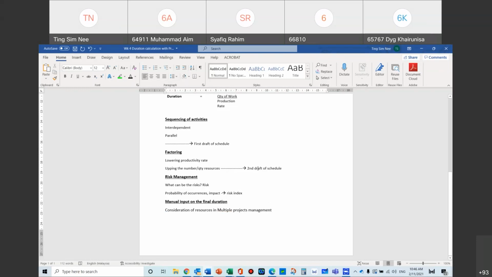Yeah, ladies and gentlemen, any questions so far? Do you understand how you produce a schedule? So basically in your attendance sheet, all I need is for you to say: first step is to create the work breakdown, second step is to do resources, third step is to calculate duration, fourth step is to do activity sequencing, and then fifth step is to do the schedule. That is the basic that I've gone through